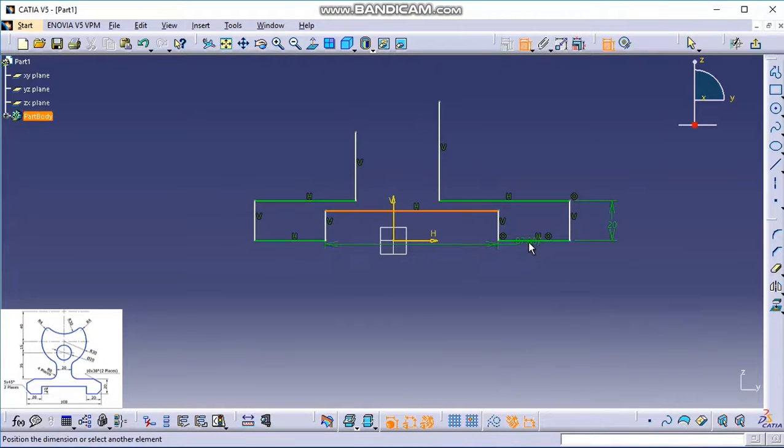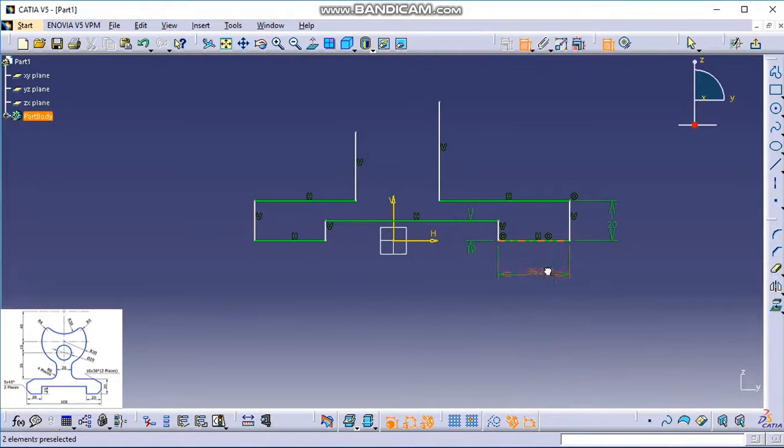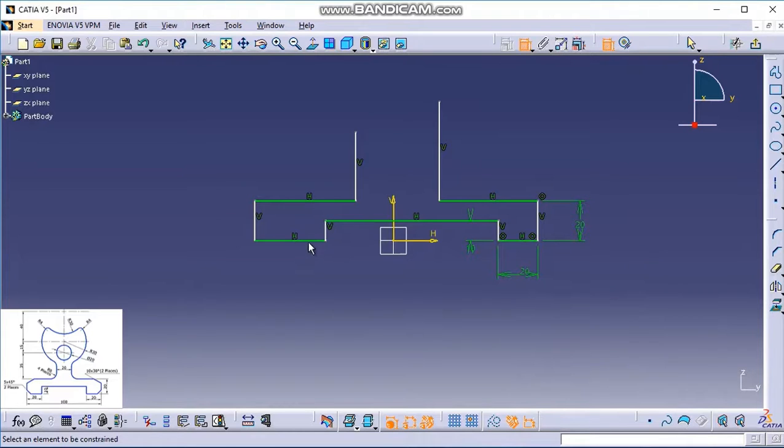This line to this line, this value is 10. From here to here, this is of 20. From here to here, this is also 20. But instead of these dimensions on this side, we will create the symmetry, which we have not done till now.